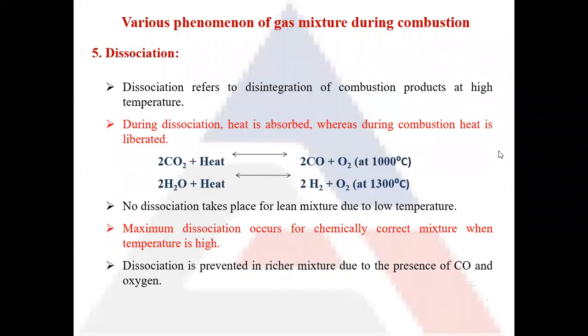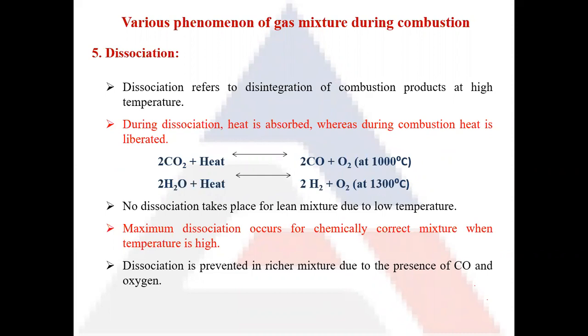Okay, next is the process of dissociation. Now dissociation, as the term in itself explains, is the disintegration of the products of combustion. The products of combustion, that is carbon dioxide and water, disintegrate at higher temperatures. Because we know that the temperature inside the combustion chamber reaches around 2000 degrees centigrade